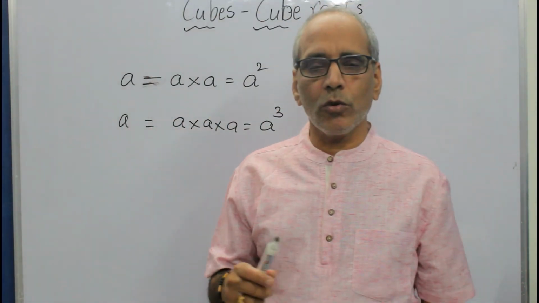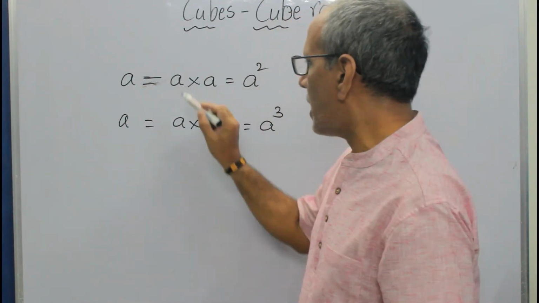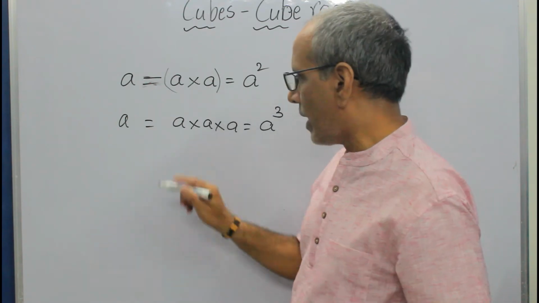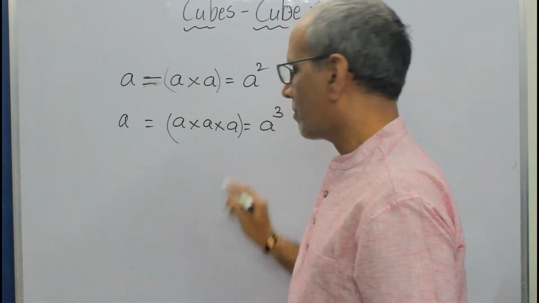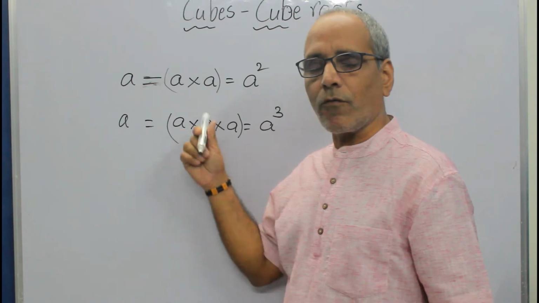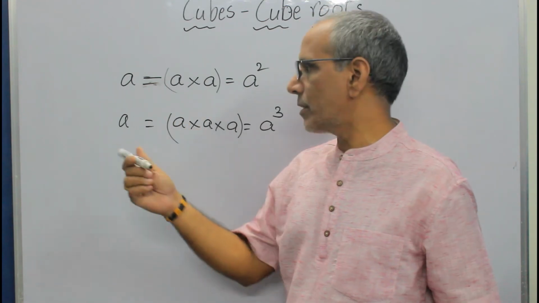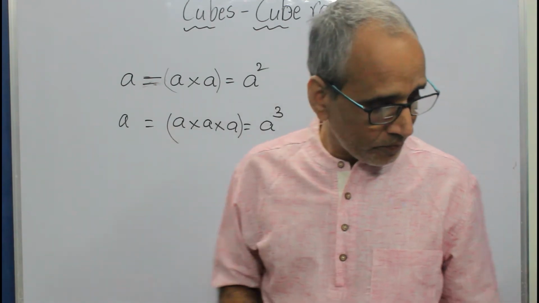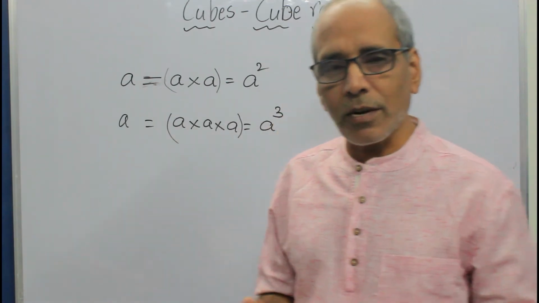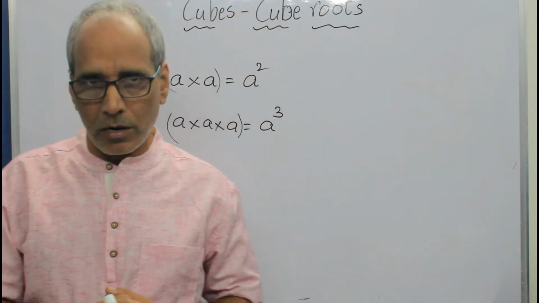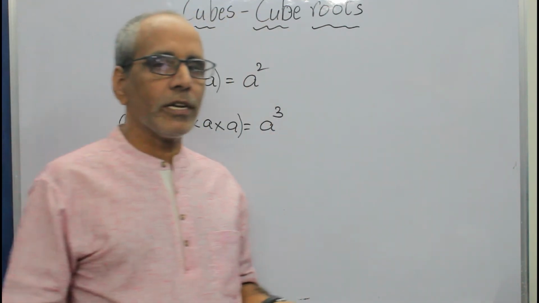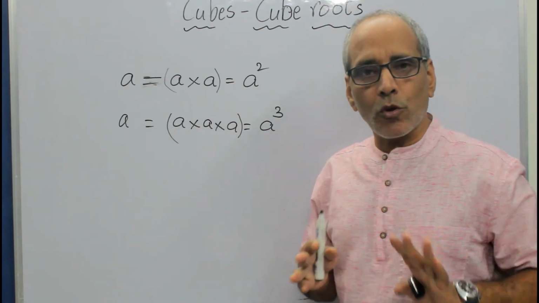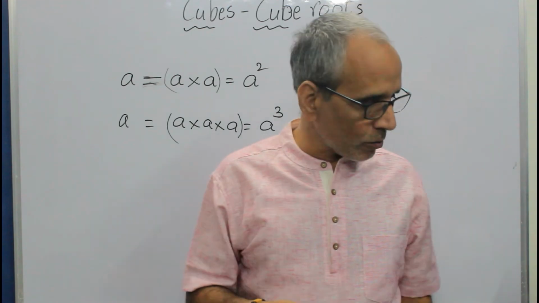In finding the square root, we divided all the factors in pairs. Here, we divide all the factors in triples. From each triple, we take one equal factor. Finally, we get the cube root of the given number. That is the base. Now let's find out some numbers that are not cubes. If the number cannot be written in the form of triples of equal factors, it is not a cube number, so we cannot find its cube root.